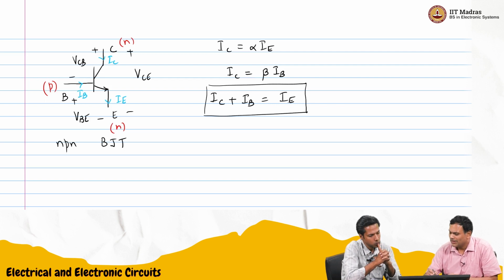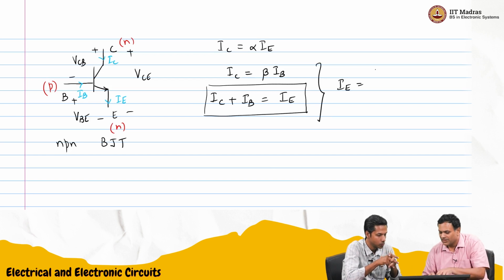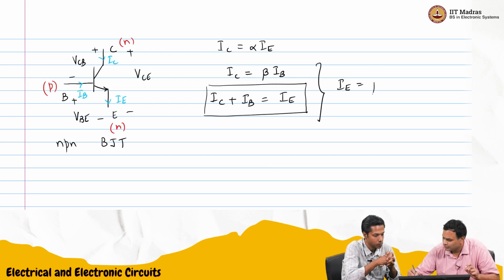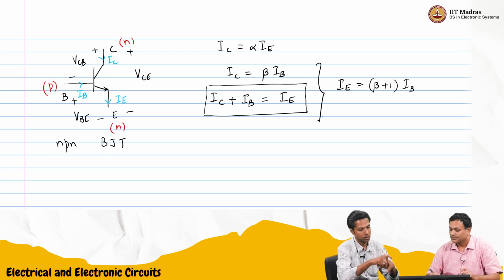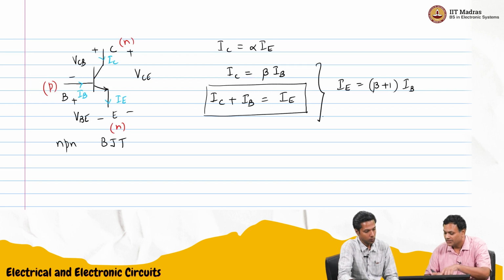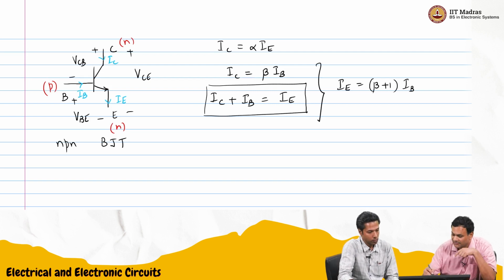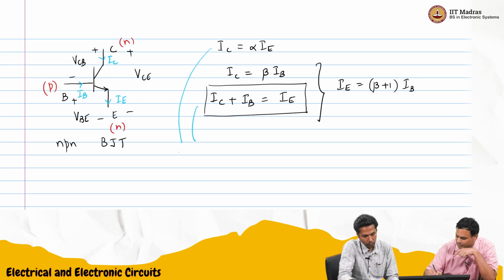Based on this equation, we can now create some relationship between alpha and beta. So, for example, IC is beta times IB. You can put these two together to say that IE is beta IB plus IB. So it's beta plus 1 times IB. This is another relation. Then we can put these two together, let us say,